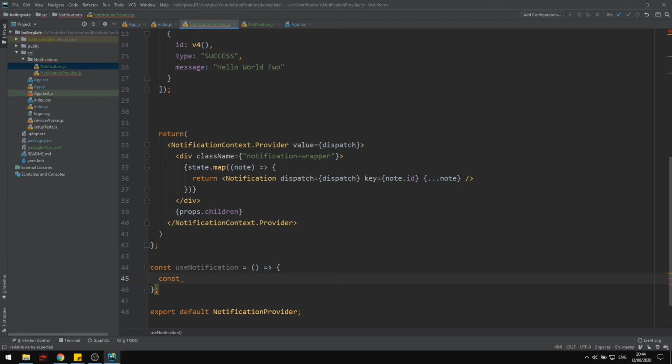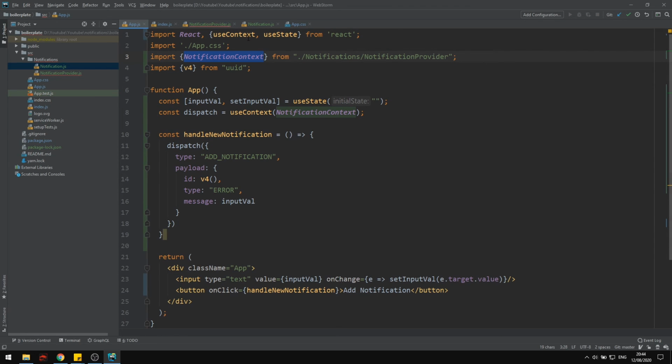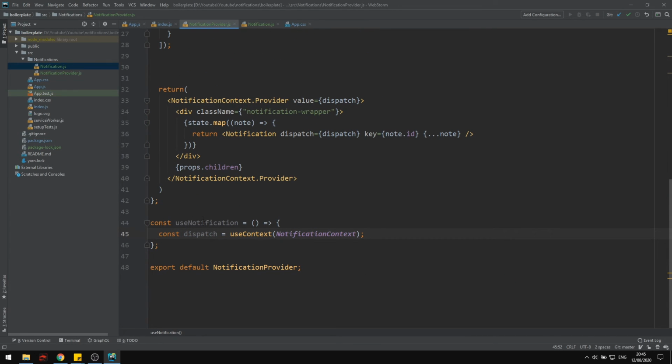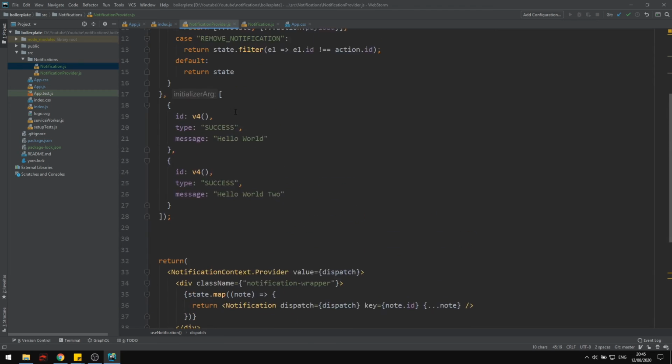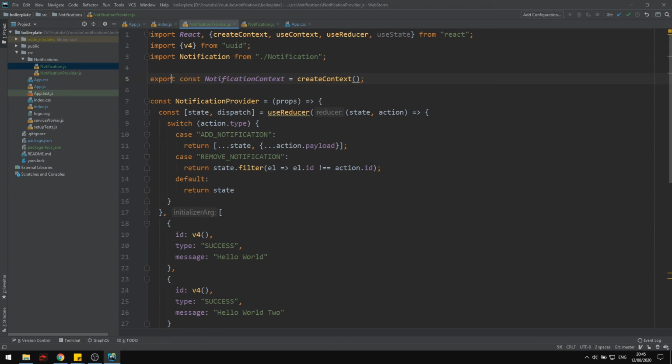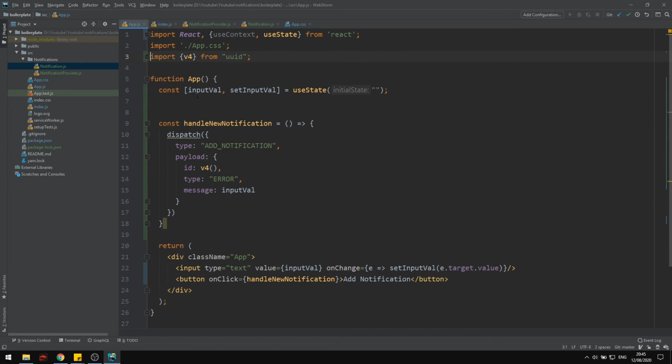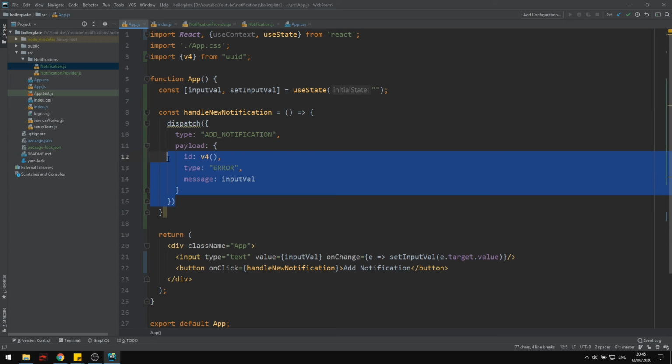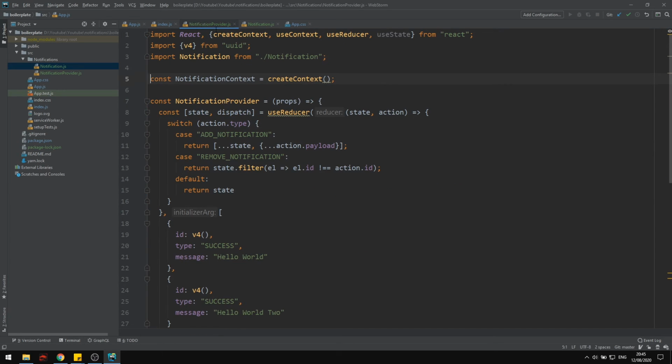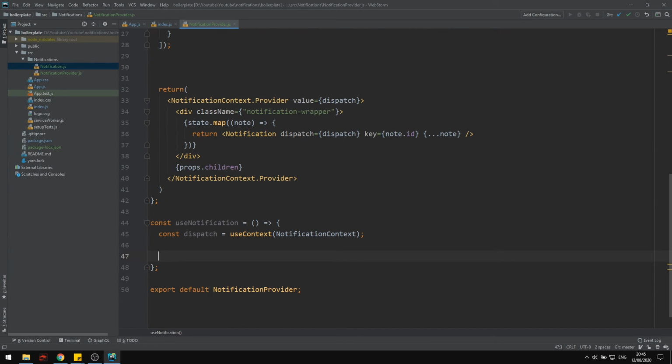I'm going to say, actually what we're going to do is pretty much exactly what we did here. I'm going to use this. So down here in our use notification hook, I'm going to get the dispatch using the context for this. I'm actually going to not export this anymore. So I'm just going to remove the export. So we can't import it. And this dispatch, let me remove that for now. So instead here, what I want to do is return